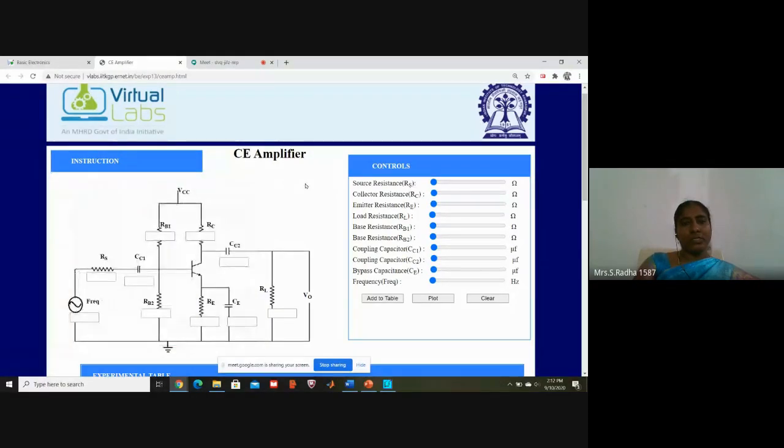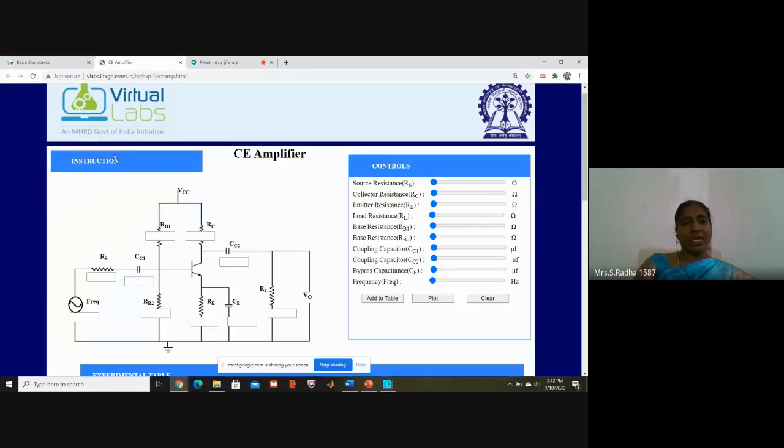You see the circuit, input is here, and then source resistance, capacitor, and RB1, RB2, RC, RE, transistor present, and here coupling capacitor at the output side, emitter capacitor, and RL, load resistor. VCC is the DC bias. This is about our circuit, and V0 is to check the output.